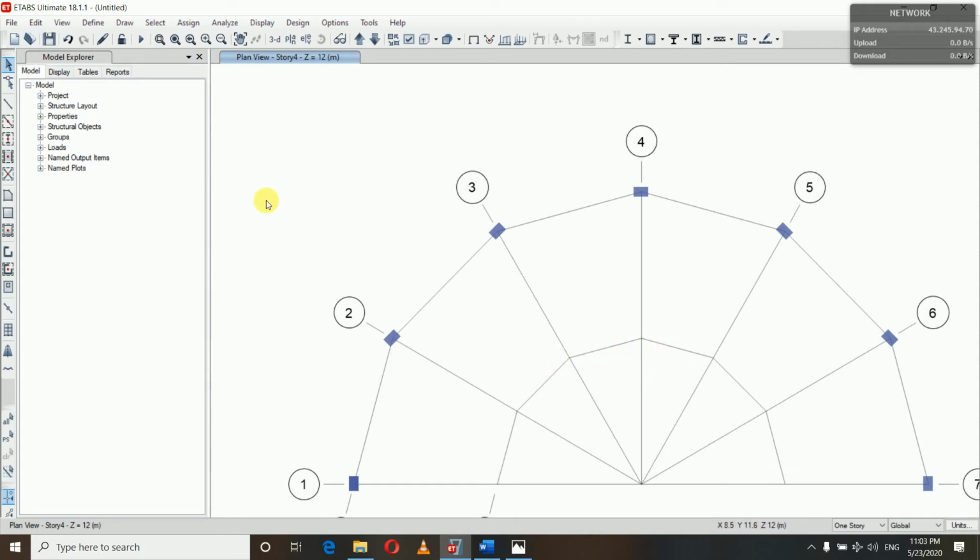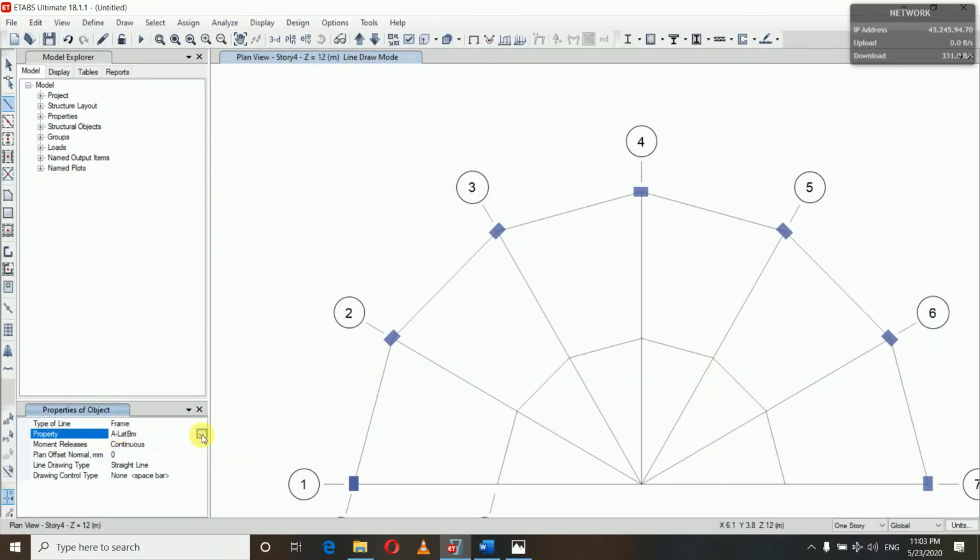Now to provide the beam, we will see two different methods. For beam, you can see here there are two different commands: Quick Draw Beams and Draw Beams. We will select Draw Beams, and in the property we will select our beam, 300 by 450.